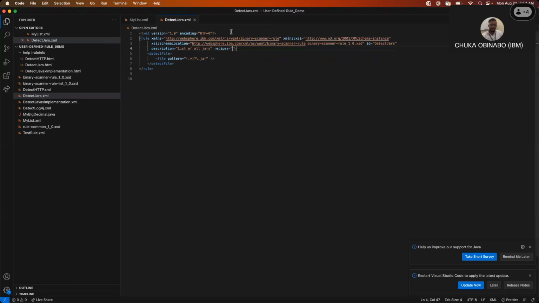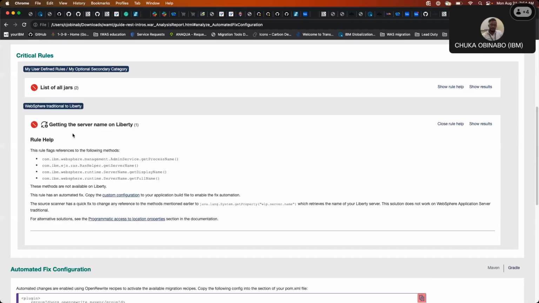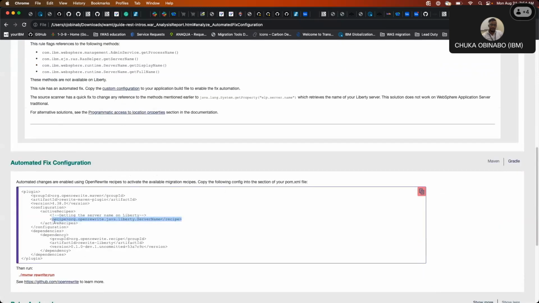Then when you go and run an analysis report and you have the recipes actually specified here, the binary scanner would pick it up, and then when you get a flag in the report for your rule, you see an icon next to your rule, similar to what you're seeing here, denoting that that rule does have an automated fix. When you go into the config, you will see an item in a config as well for your recipe. And then in here too, you will see an additional comment above your rule, just kind of telling you that